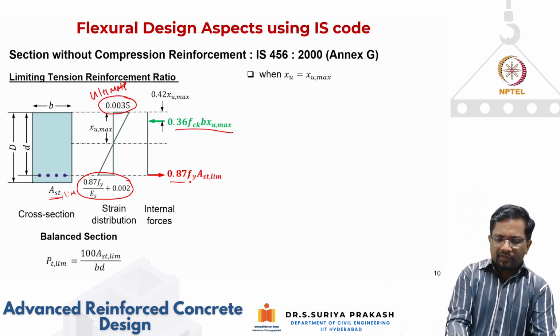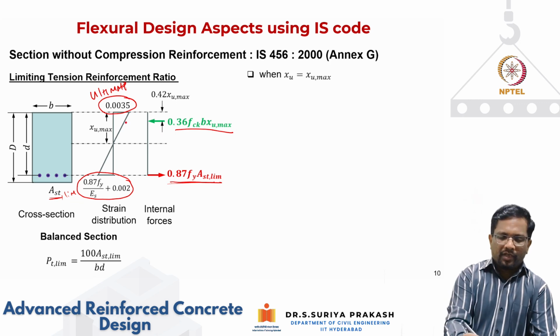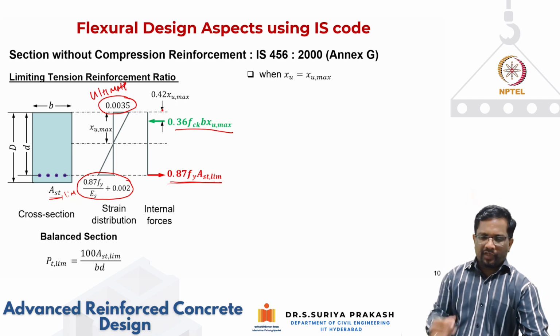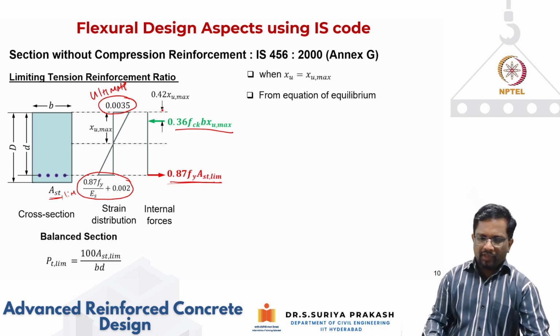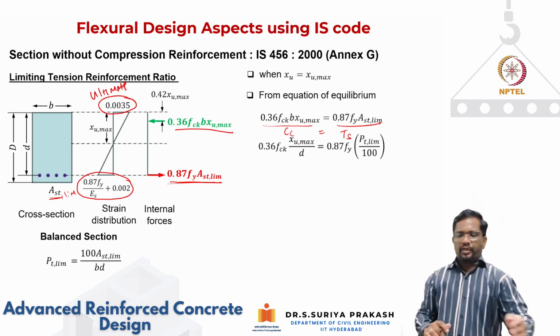We know that, and this is your tension force, and this has to be in equilibrium. The location of your CC is 0.42 Xc max, like what we have discussed. That also we discussed from equations of equilibrium. Then CC should be equal to your TS. Okay, so this is your CC and this is your TS. Okay, so then we know that